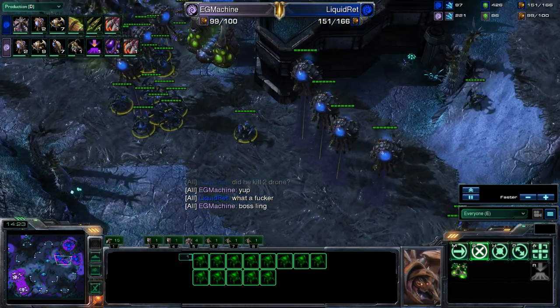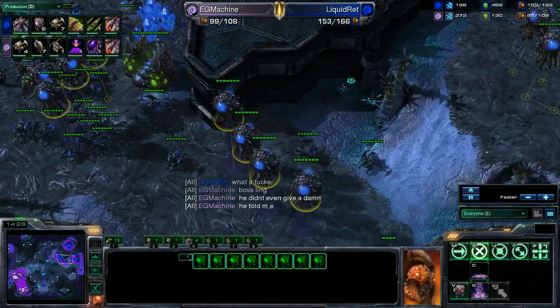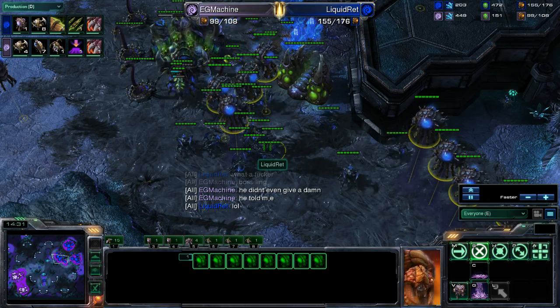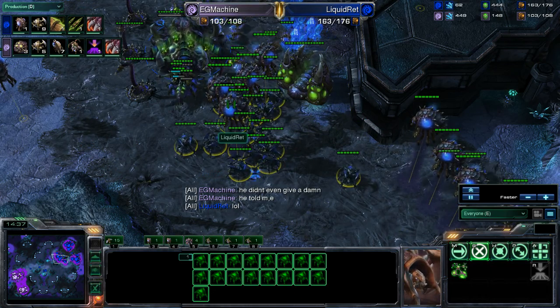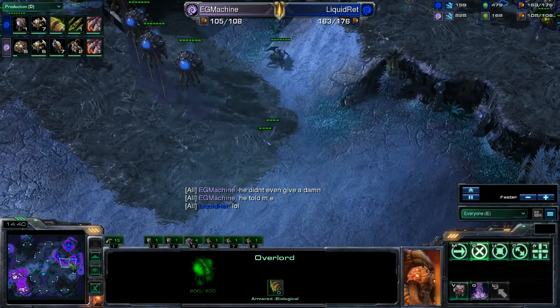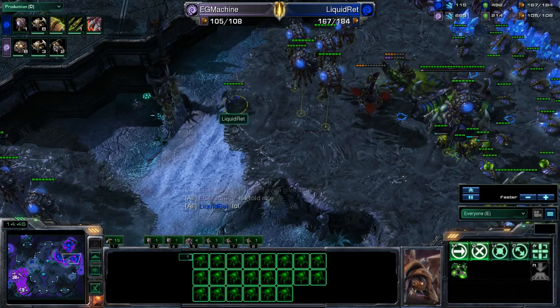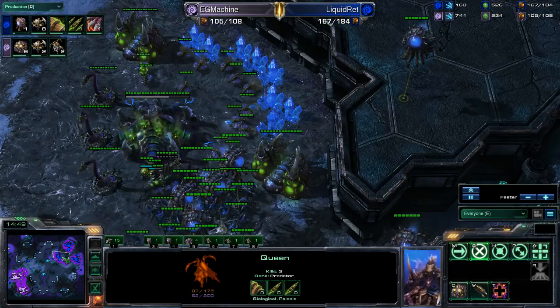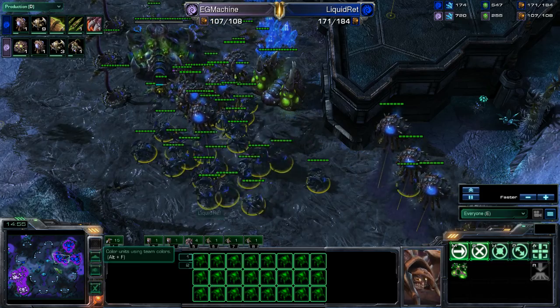I love the creep spread right here, using the Overlords to expand that creep from third to natural, as that is exactly what you want to do as any player. Consistently just connect all of your bases with creep. It allows you to get anywhere faster, especially for your Queens, which can take forever to walk when they are not on the creep. So a lot of Roaches being built up for Rhett right here,